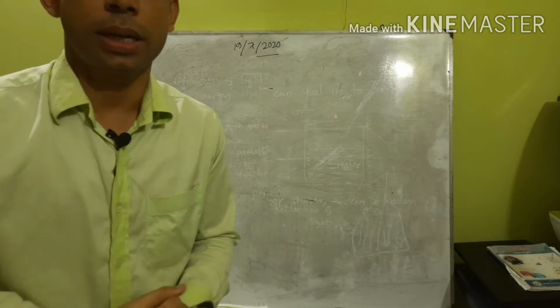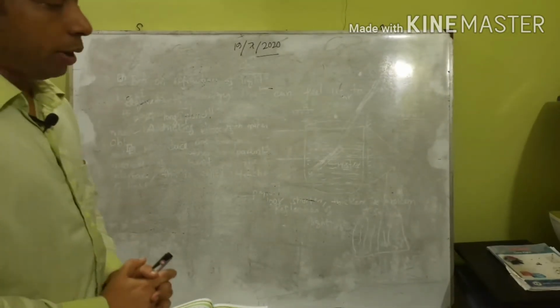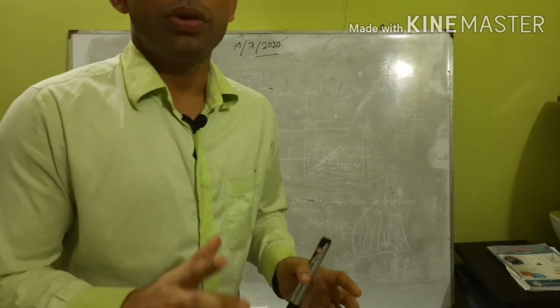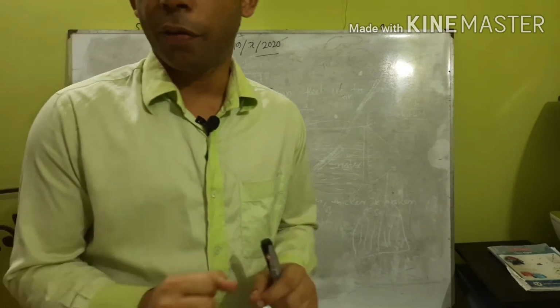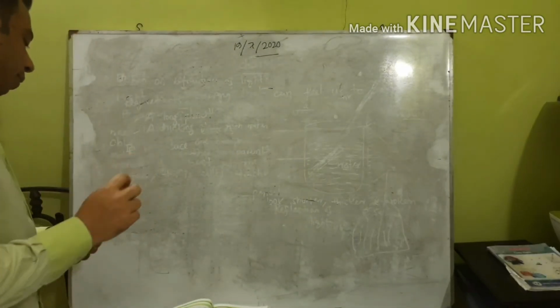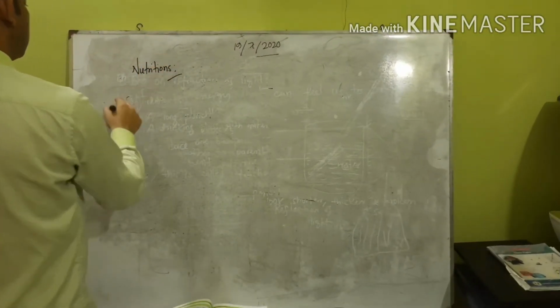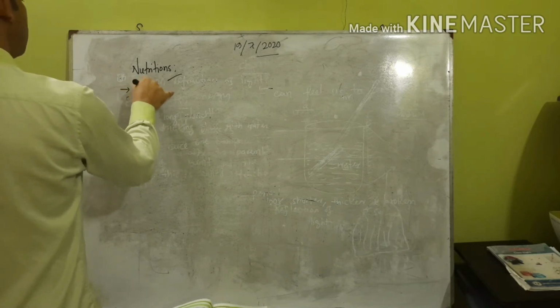Another new topic, that is chapter 5, the nutritions. We already understood about nutrition in many ways, and we know that nutrition is nothing but the foodstuffs, the elements of the food we get from food in different ways. The foodstuffs or nutritions, like, suppose, the carbohydrate. If we go through the carbohydrate,